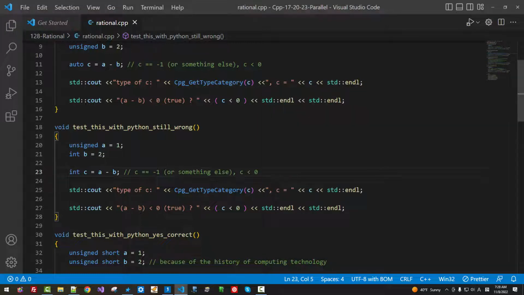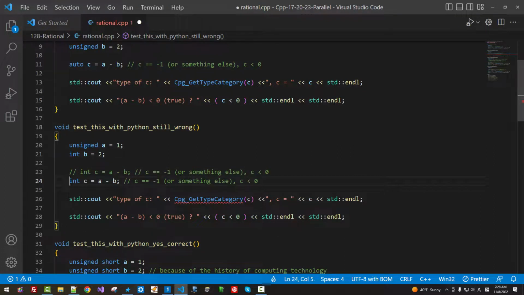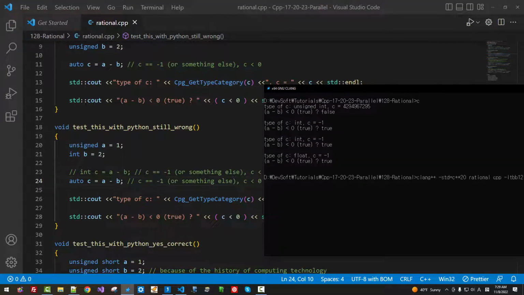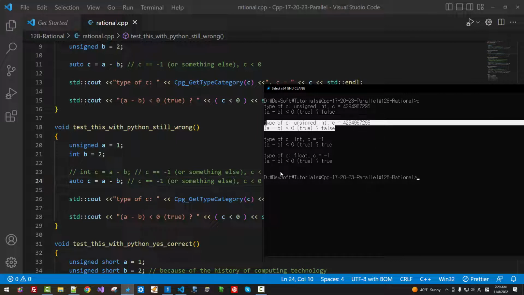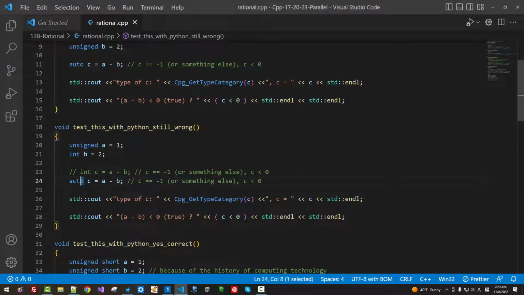But we need auto. We need auto. With auto, it fails. Failed. Some people complain about keyword auto, but